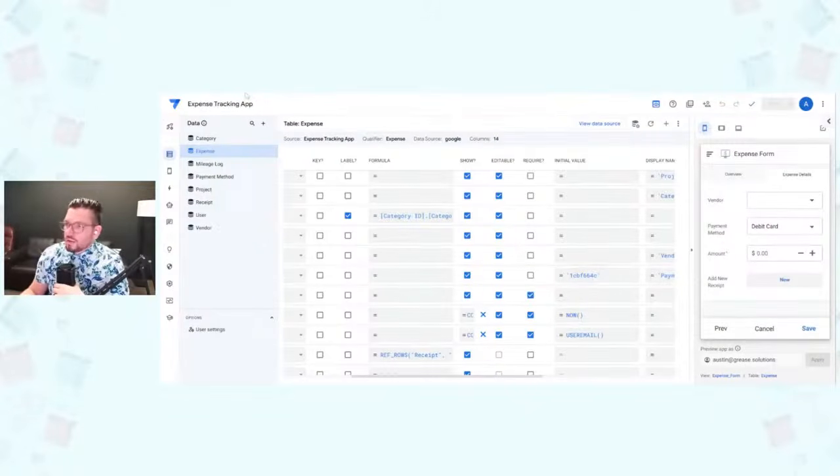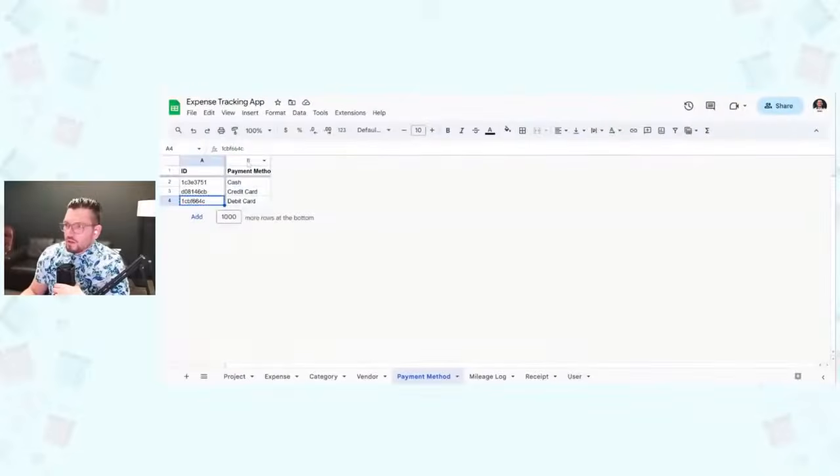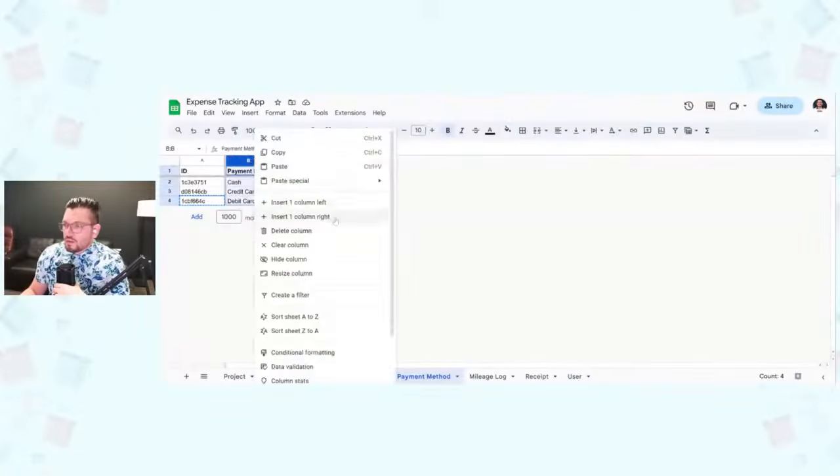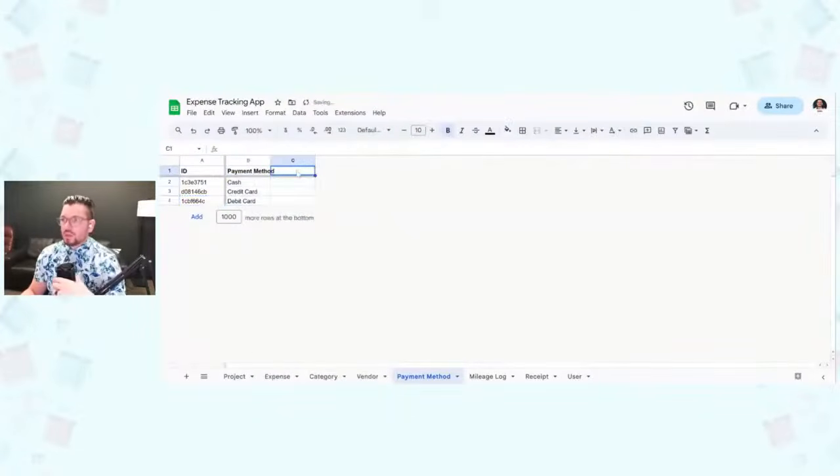Alternatively, we could also make another column on here, and we can call this column type. The purpose of this column is just to define which one is the default. So we'll say that this one's the default, and I guess we'll call these other. And so if we come back over to AppSheet,